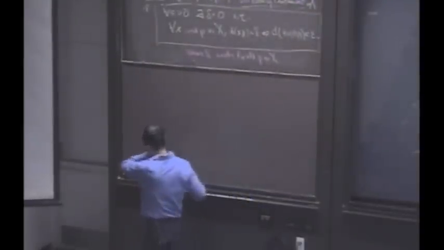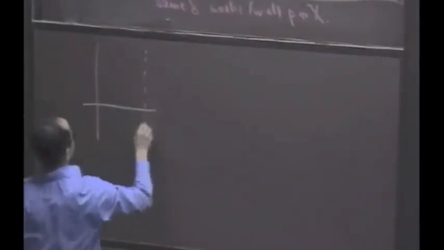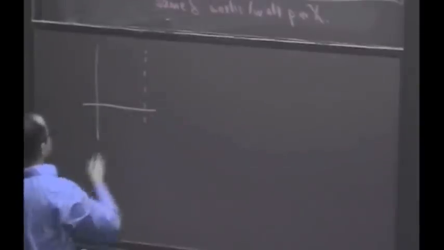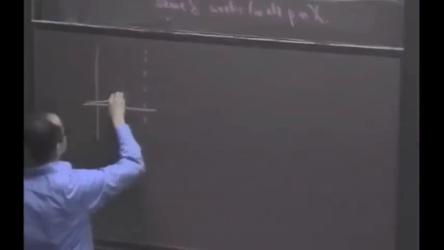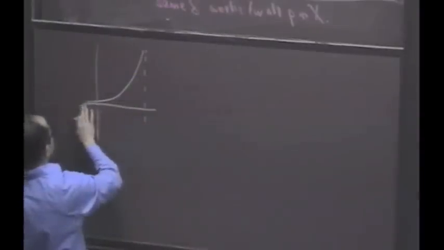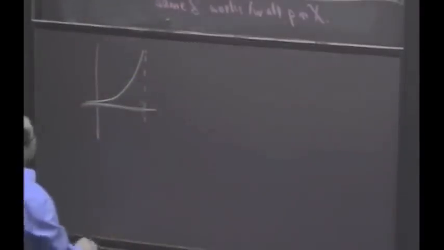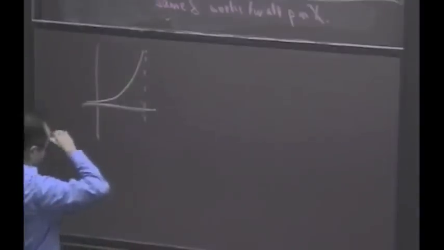So, the picture I drew last time suggested an example that was clearly not uniformly continuous. For instance, you might have a function like so, and of course, this is a function that's only defined on this portion of the real line. Okay? And if I want to see if it's uniformly continuous, well, it's clearly not.